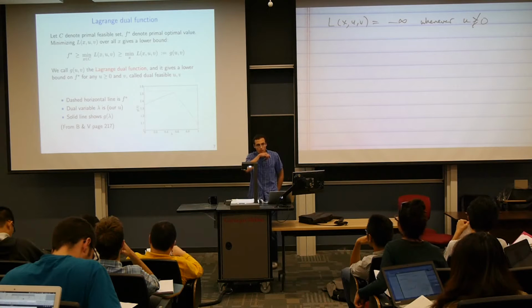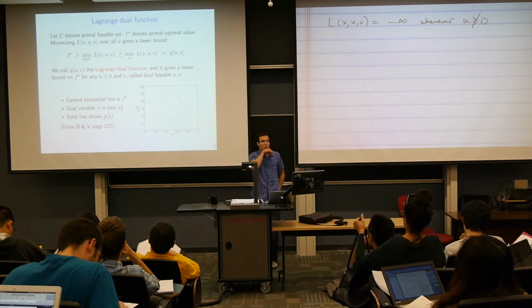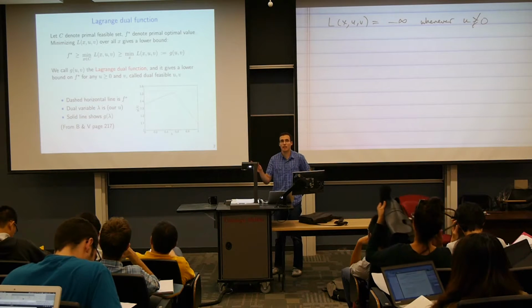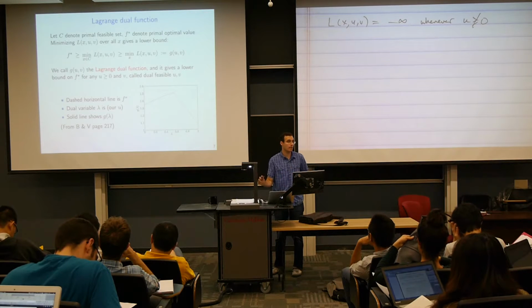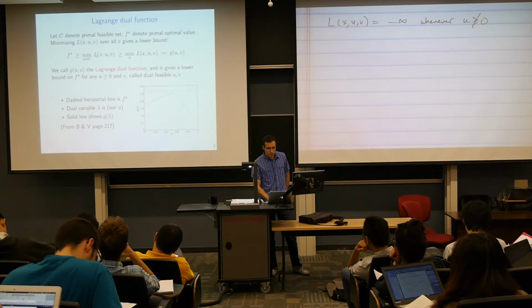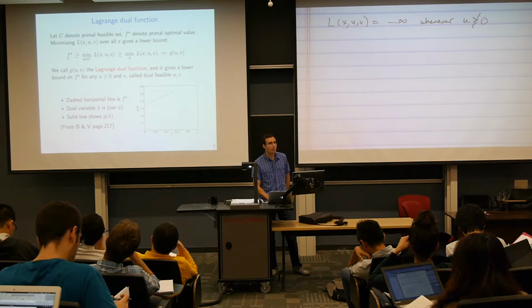Okay, so kind of the natural extension of the Lagrangian is the Lagrange dual function. It's defined by minimizing the Lagrangian over all points x, not just feasible ones, all x. That's a very important distinction. So simply by virtue of the fact that L of x is always smaller than or equal to f of